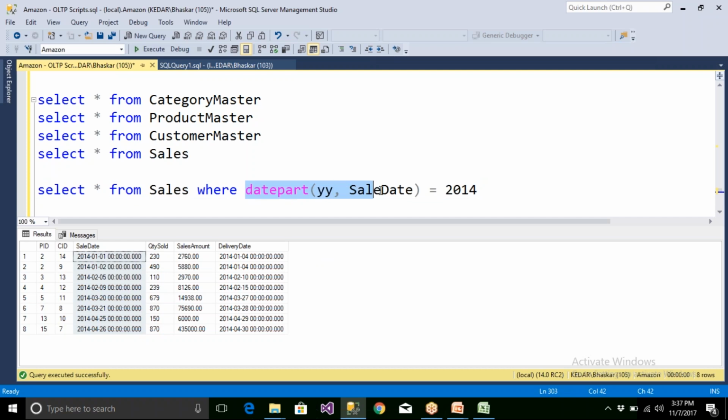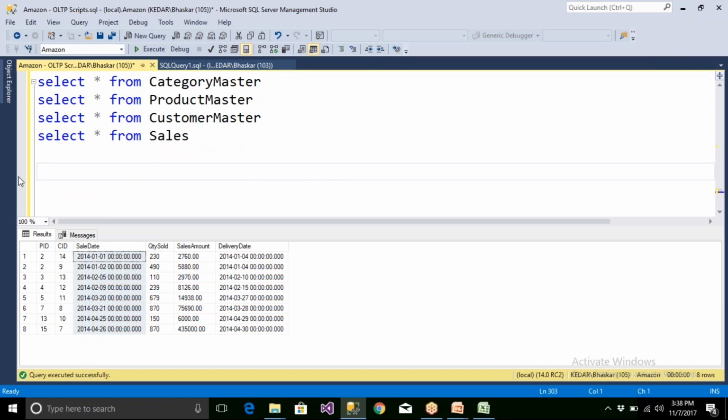So tomorrow, when you have one more column called year number, you simply say year number in 2014. So you need to add one more column called year number here. Wherever the year number is there, you automatically insert 2014, 2012, like that. Even though you have the date, you are storing this data separately, so that if you need the full date, you use this column. If you need filtration based on the year, use the year number column. Clear? So storing year number separately, quarter number separately is good. You need not apply the DATEPART function, so this query will be very, very fast.